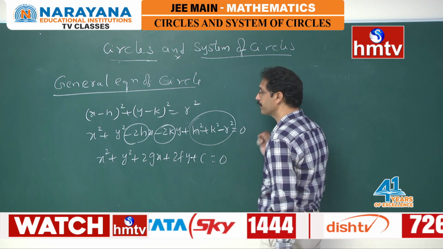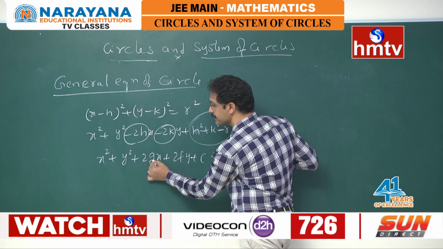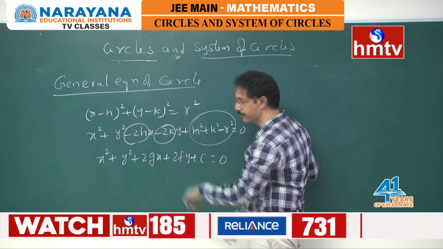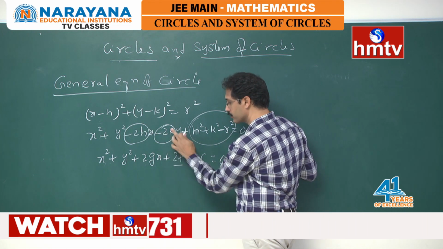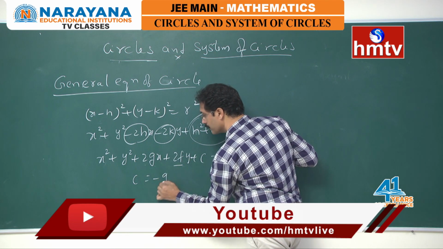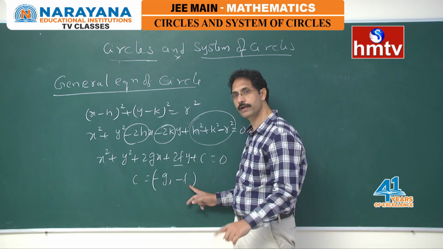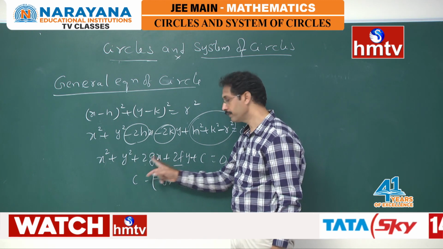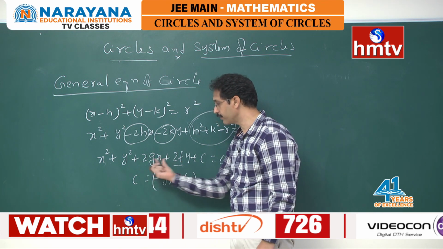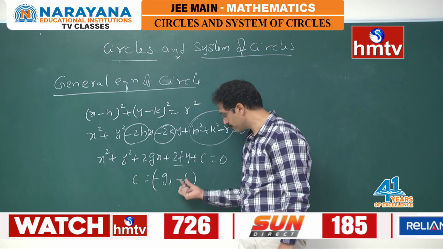First we discuss the center and radius of this circle, then we go to the second degree equation. Here we have taken minus 2h as 2g, so g is equal to minus h. But we know the center is h, so h is equal to minus g. Similarly, 2f is minus 2k, so k is equal to minus f. So the center will be (minus g, minus f). That means for this equation of the circle, the center will be (minus g, minus f), that is, half of the coefficients of x and y with contrary signs. Contrary signs means opposite signs. If plus 2g is there, take half of this with a minus sign. If plus 2f is there, take half of this with a minus sign.